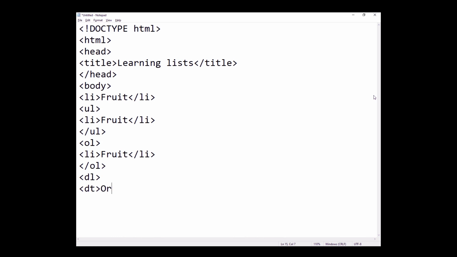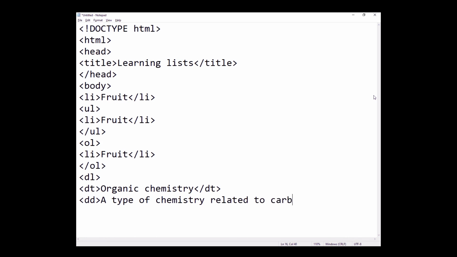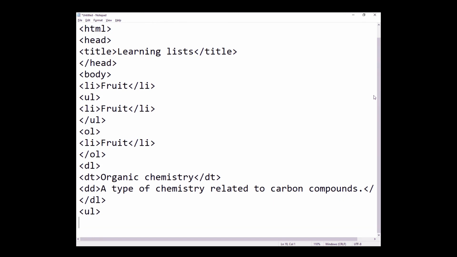is organic chemistry, close DT, then DD, a type of chemistry related to carbon compounds. Then we close the DD, close the DL, and then we declare one nested list here, UL,